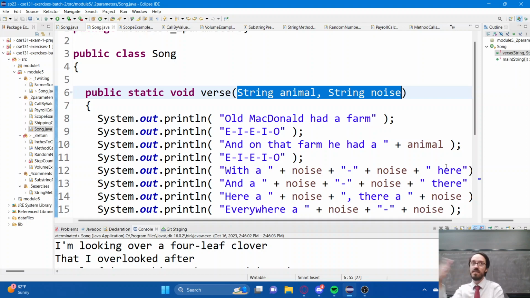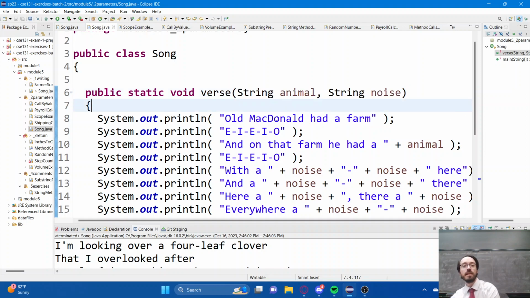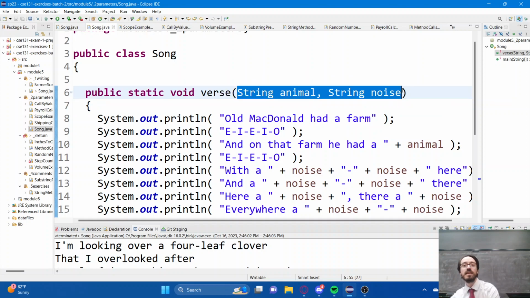You call the method, it does the thing, the end. Parameters allow us to supply some additional information to our methods so that we can now have some control. We can now perform the behavior in a certain way with certain values. So if we look at the case of Old MacDonald, the parameters are given inside of the parentheses